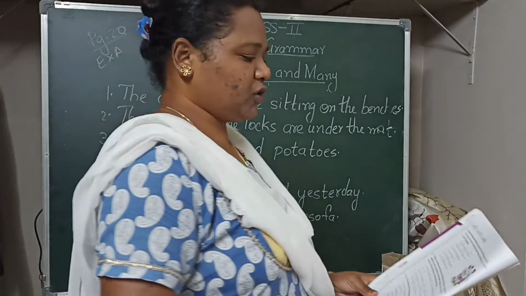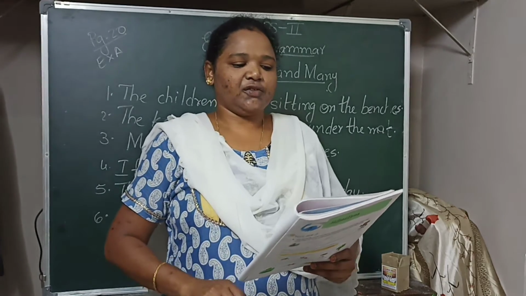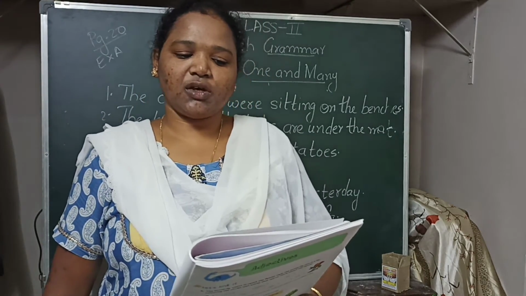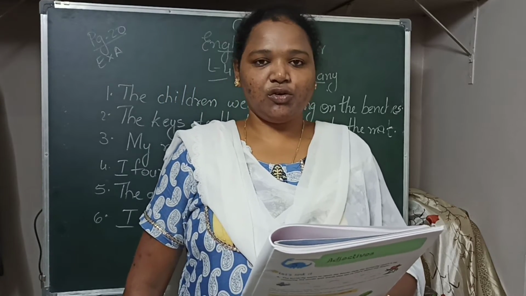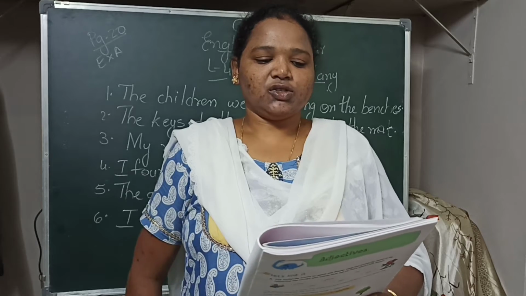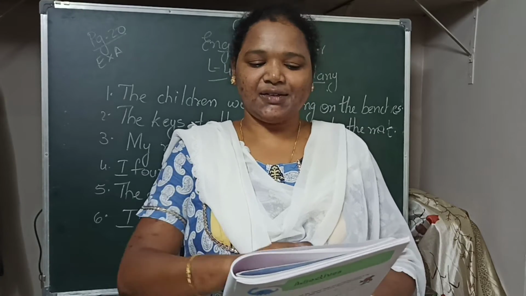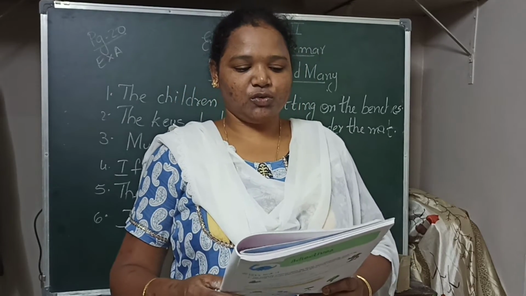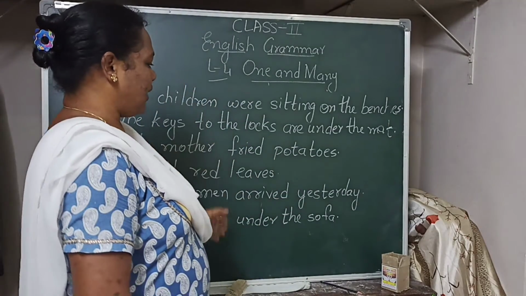So children, moving on to exercise A on page number 20. Rewrite the sentences by using the plural forms of the underlined words. You may also have to make some other changes in the sentences. Write them in your notebook. You can write there itself or you can write in your English books also. Notebooks. I have written the sentences on the blackboard.